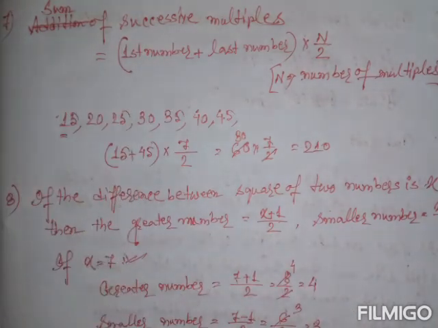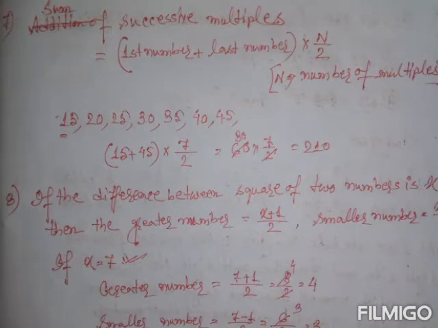Sum of successive multiples means sometimes you have to solve a problem like this. Find the sum of 15, 20, 25, 30, 35, 40, 45, this kind of thing. So here is a relation between all those numbers. Those numbers are multiples of 5. So you can write these numbers